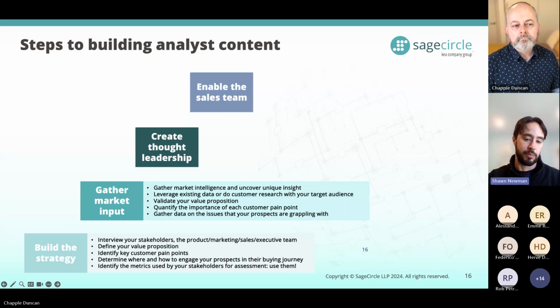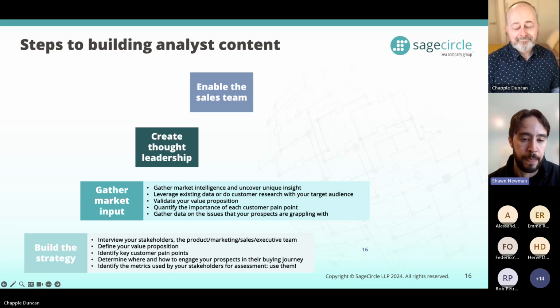And just on that strategy point, again, it's important, that bottom bullet, just what are the metrics that are going to be used for your stakeholders. Marketing, sales, and AR, product and strategy should all be aligned on metrics and KPIs. And again, that's a topic that you could have a whole webinar on. So, this is pretty straightforward, right?